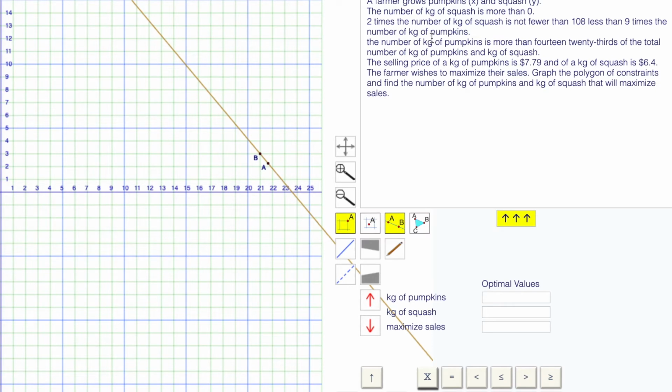of pumpkins. The number of kilograms of pumpkins is more than 14/23 of the total number of kilograms of pumpkins and squash. The selling price of a kilogram of pumpkins is $7.79 and a kilogram of squash is $6.40. The farmer wishes to maximize their sales. Graph the polygon of constraints and find the number of kilograms of pumpkins and kilograms of squash that will maximize